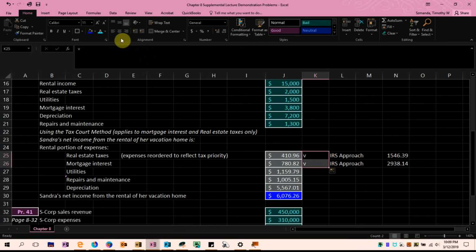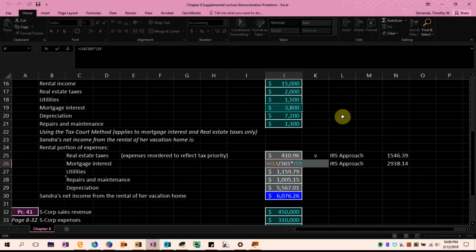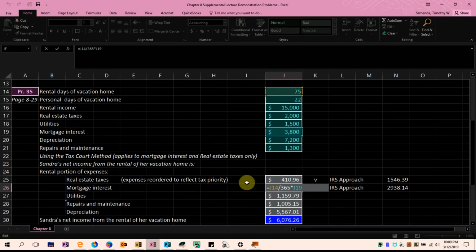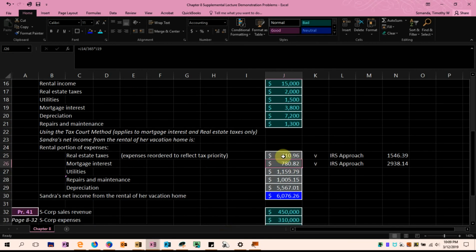It's just for comparative purposes. And now using the tax court approach for mortgage interest, here I'm going to take that same 3,800, but in this case I'm going to multiply it by 75 days divided by 365, and that'll give me a total allocation of mortgage interest of $780.82. So you can see that we don't get the big expense deduction on page 1, Schedule E, when we use this tax court approach. However, as you know,